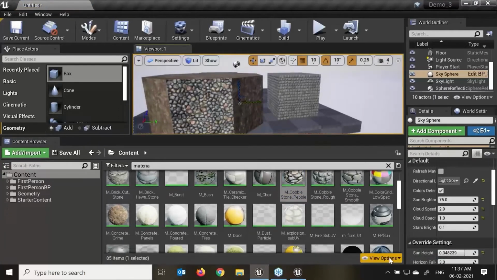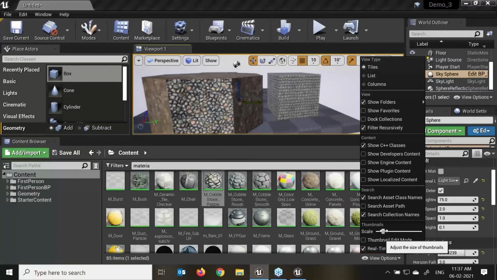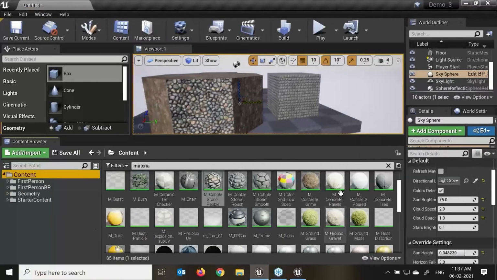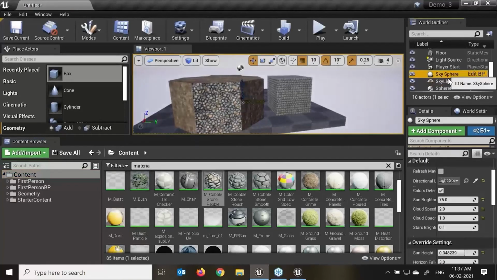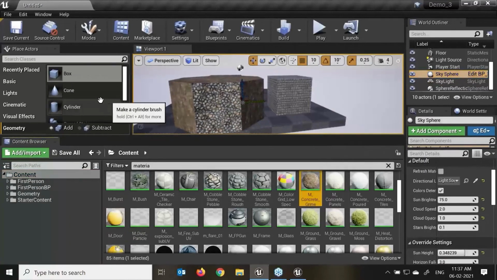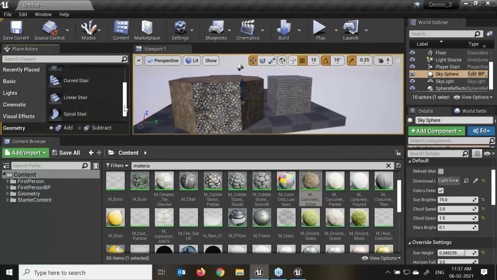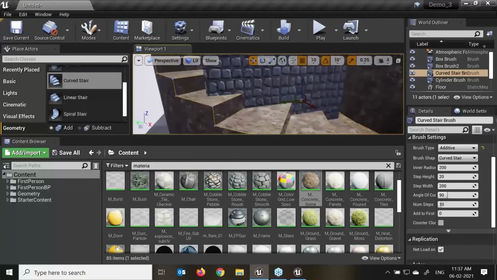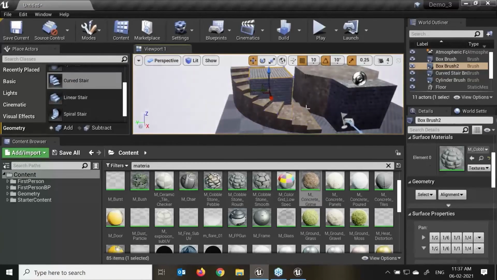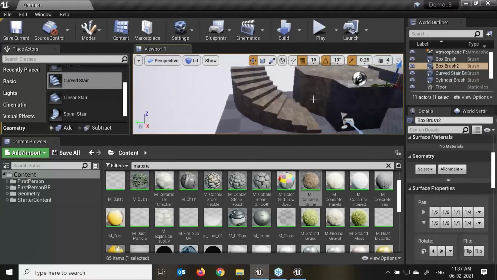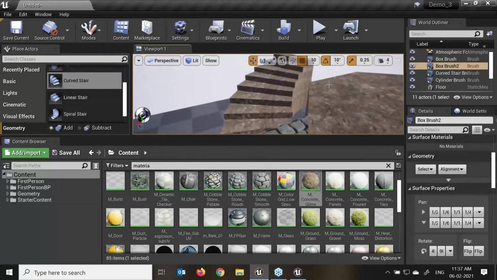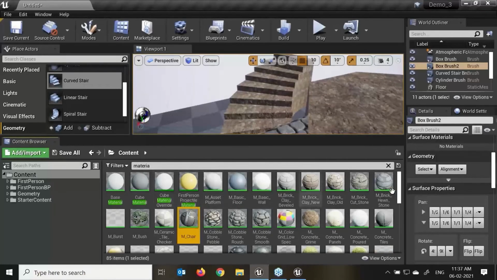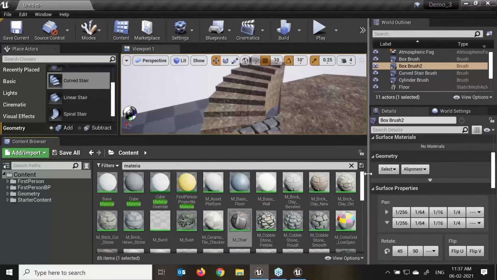Just reduce it over here. Move size, thumbnail, I'll reduce it a little bit smaller. That will be very easy to see. For an example, again, if I'm selecting over here and this time creating any curved stairs, then just select. Here you can see we already applied the same material. So everybody has seen the prototype gaming. This is a very simple way we can apply the material, whatever we have in our content browser, or we can import our material from other software as well.